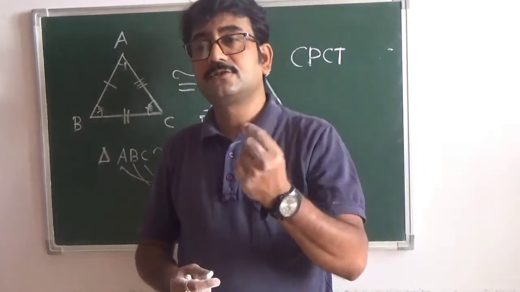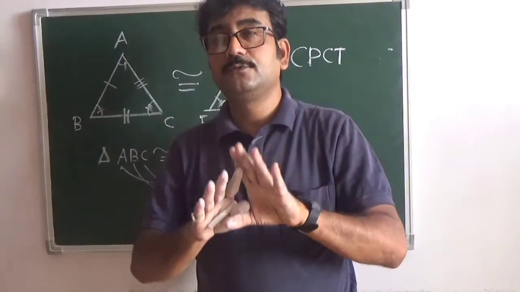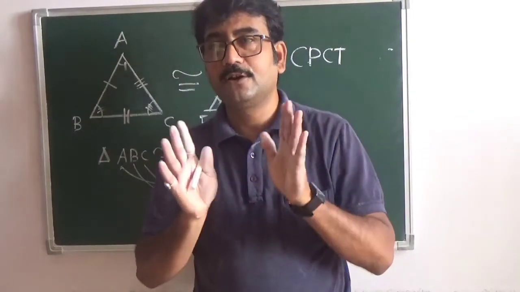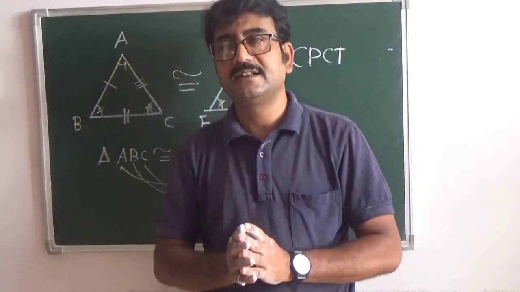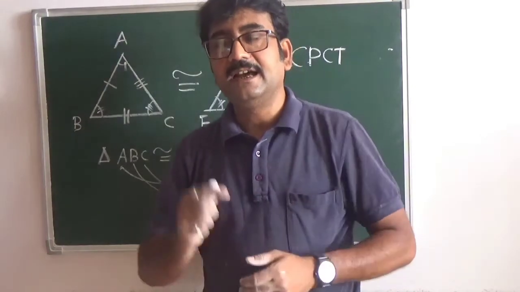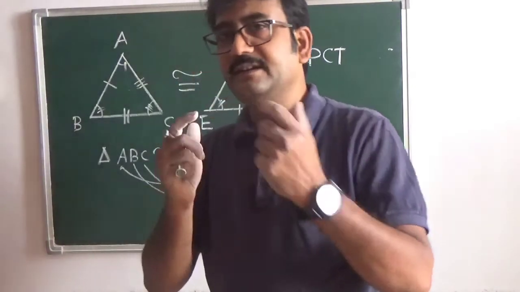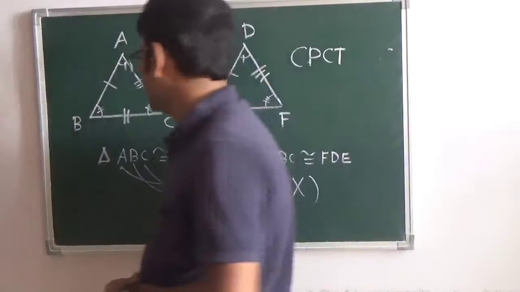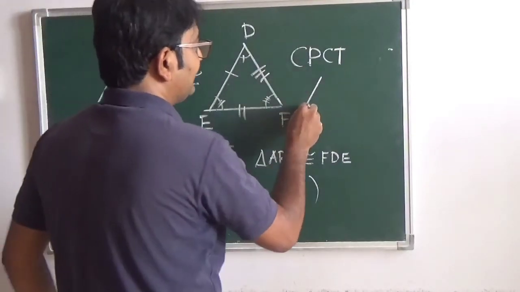In that case, those two figures may not superpose, or they may not overlap. So there is a probability that the angles may change and the triangles may be looking similar, but they do not superpose. For example, if you take this triangle like this,